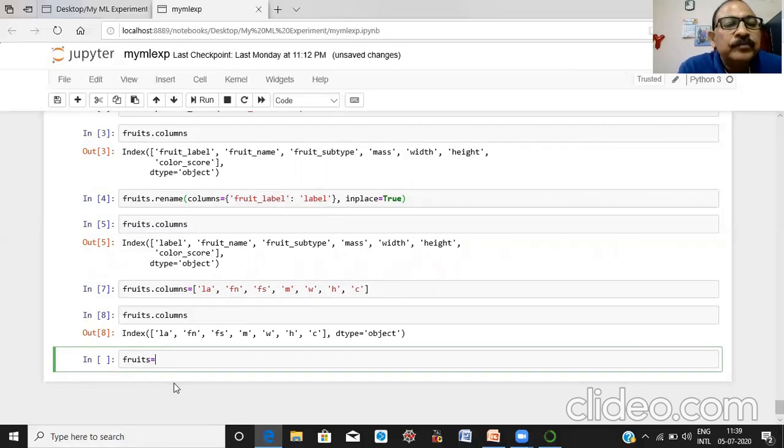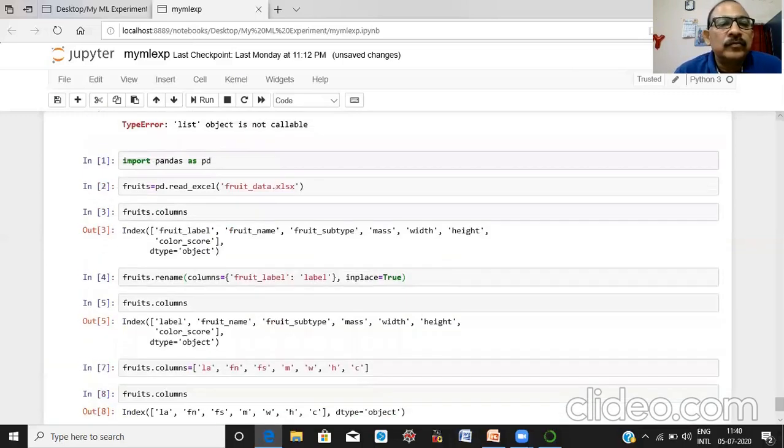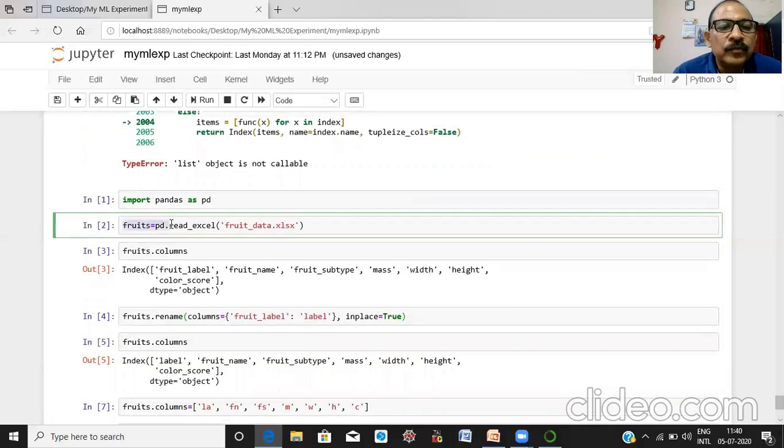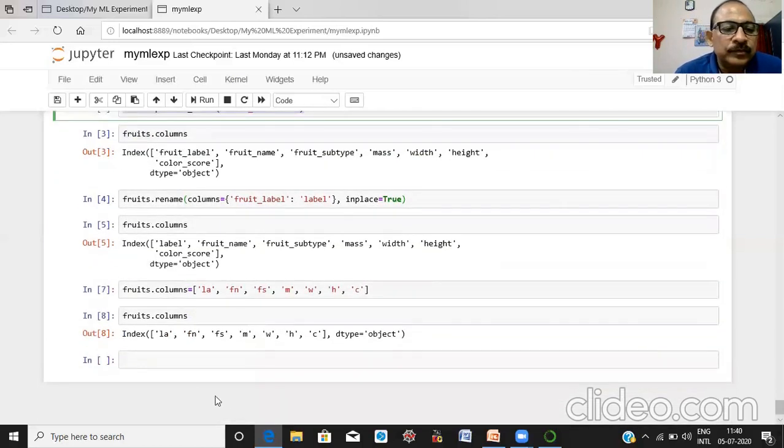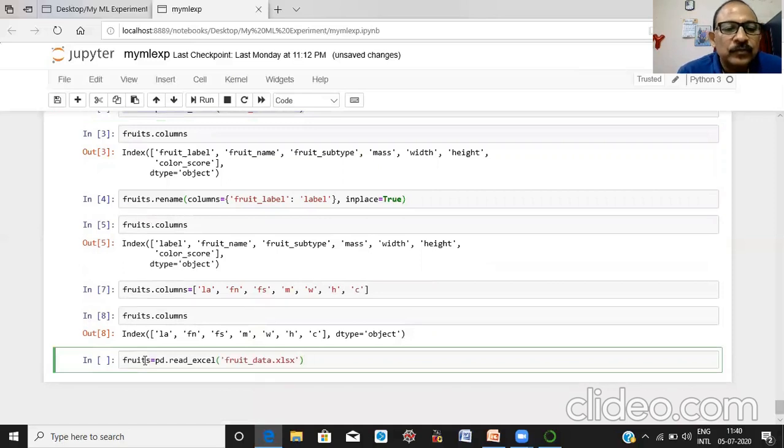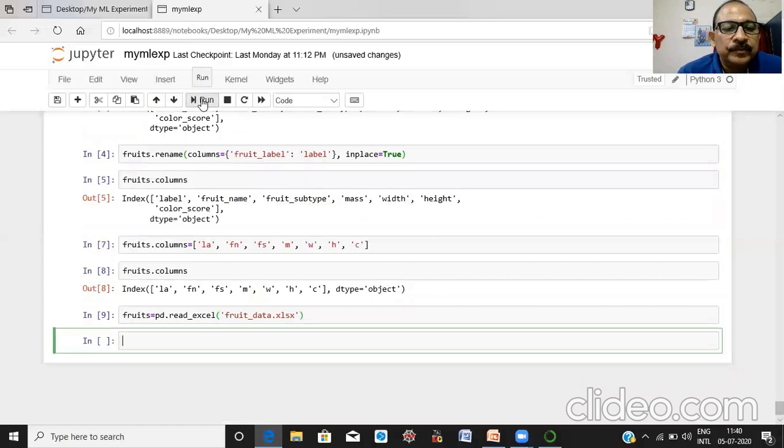Fruits equal, load our data set again. Let's copy it directly. Run it.